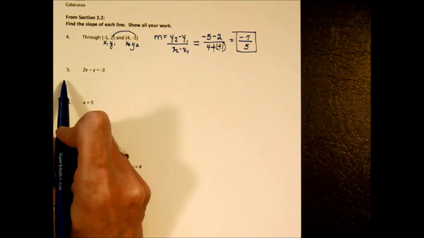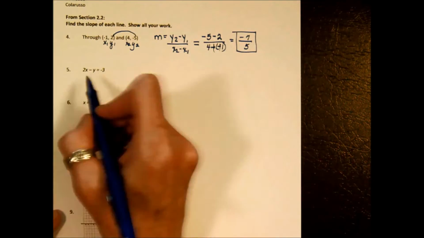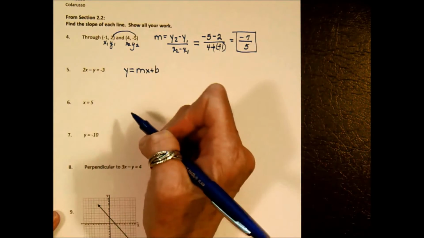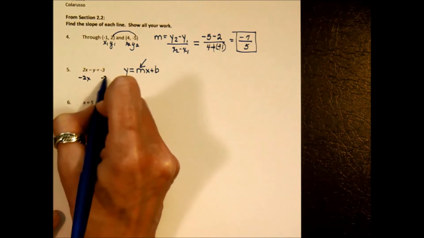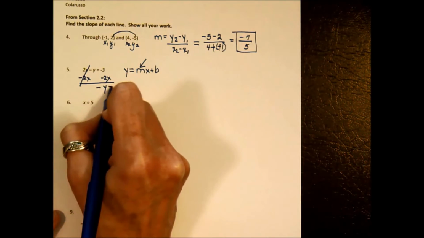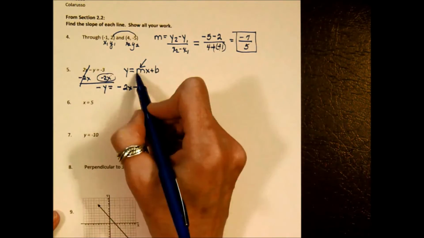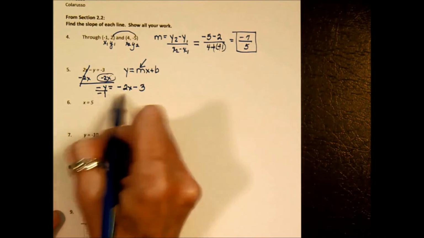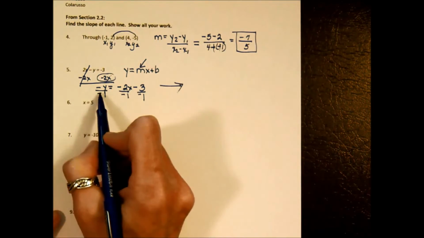Question 5 is asking us to find slope, and we're given an equation. So what we're going to do here is get that equation in y equals mx plus b form, because when it sits in that form, m is the slope. So I'm going to do that by subtracting the 2x first. That's going to give me -y equals -2x minus 3. Always write your x term first so that it looks like this. Now I'm not quite there because this is a -y. So I have to divide each term by -1,